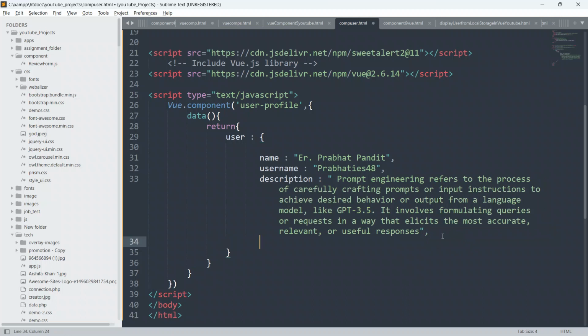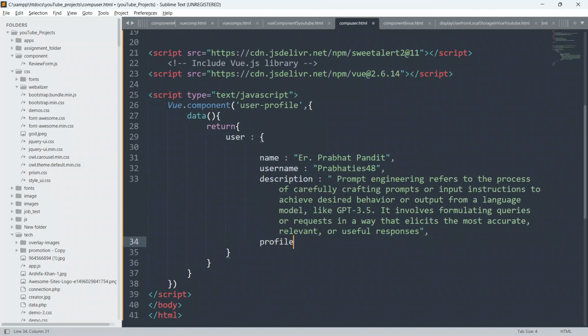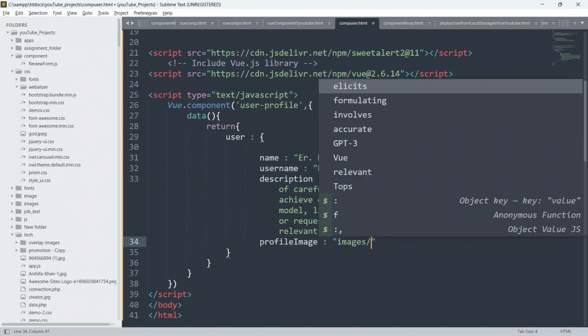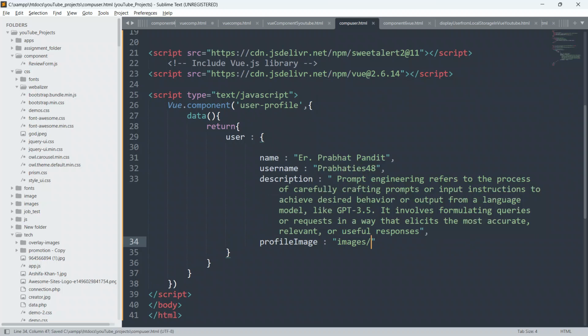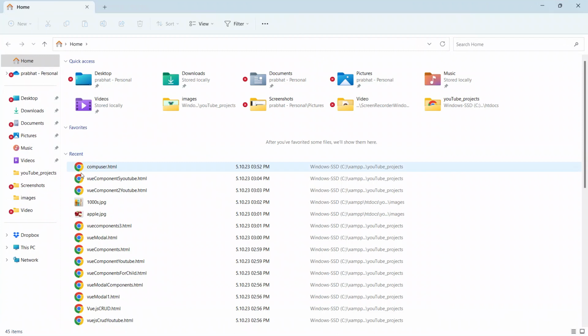So I will give profile image also, and put colon. I will define the path. Images is the folder name, and I will give the image name from my folder. Let me go to the folder and show you the folder name also.